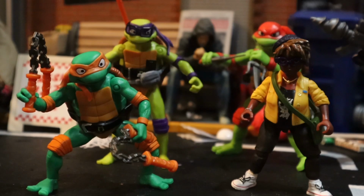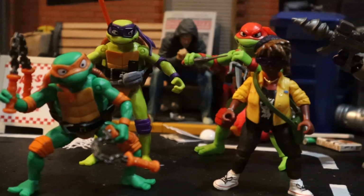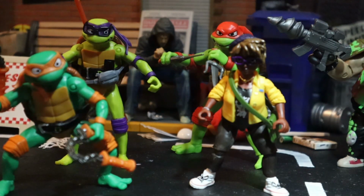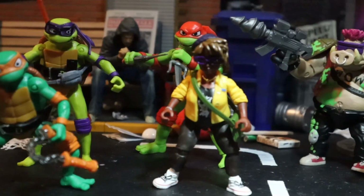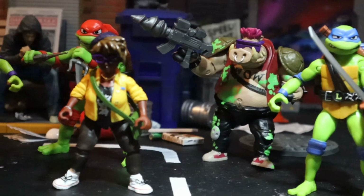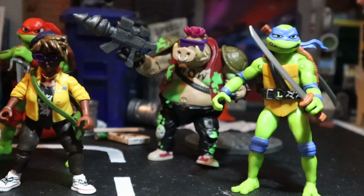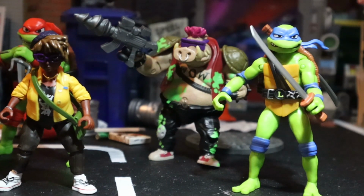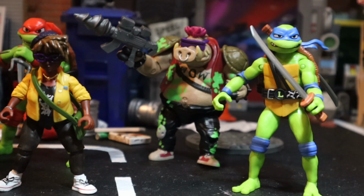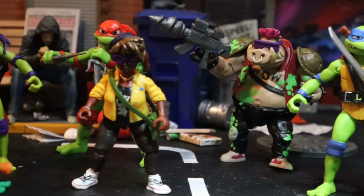So ultimately, I'm very happy with this set. Could we have had more articulation? Sure. Is this for adult collectors? Not necessarily. And that's okay. These are going to be for my children if they end up getting hooked into the movie like I hope that they do. But in the meantime, I am going to have a little bit of fun shooting them and enjoying them, and ultimately it's another set of turtles in my house, and I am happy to have them,